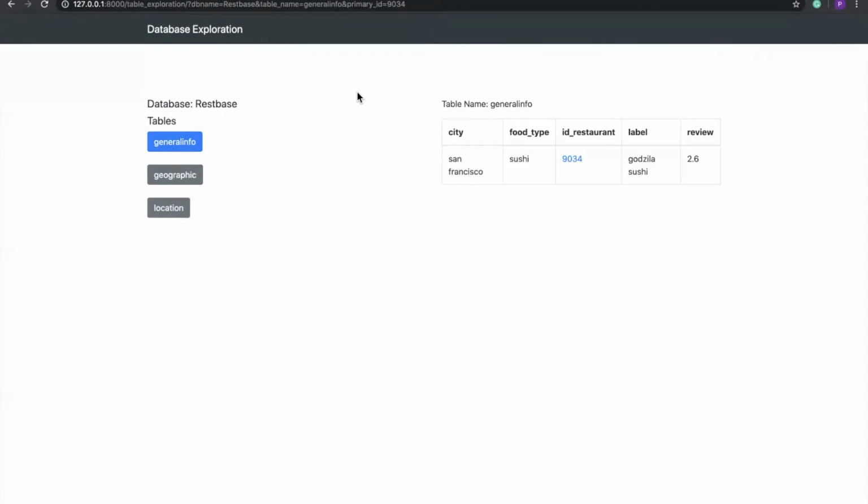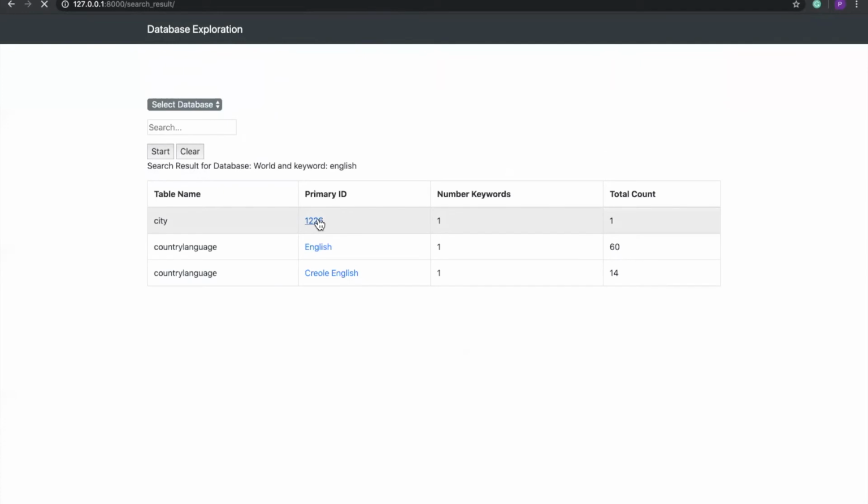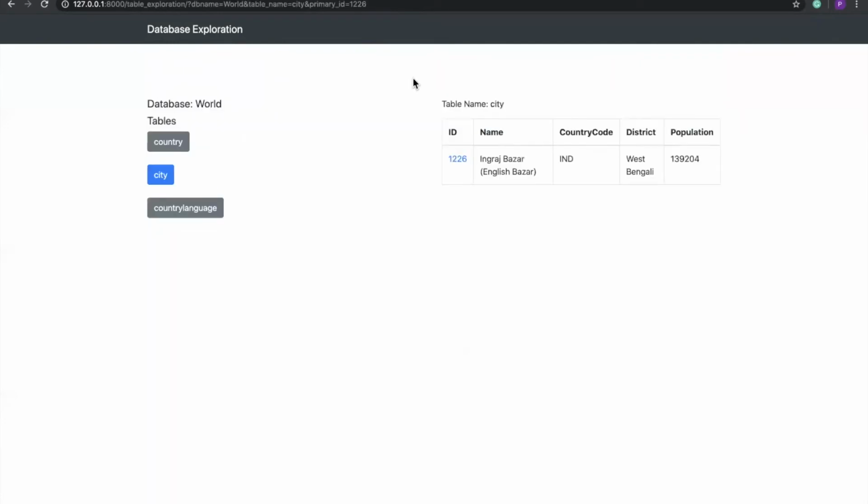Okay, I think the best way to do this is using the English keyword, because that has only one keyword, so we can easily explore all the tables through that. So if we search English over there, let us say we go to the city. Now in the city table, these are the columns, and we have put the search acceleration on the primary key and the foreign key, as I've told you.